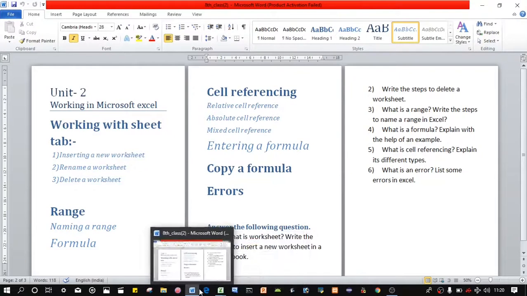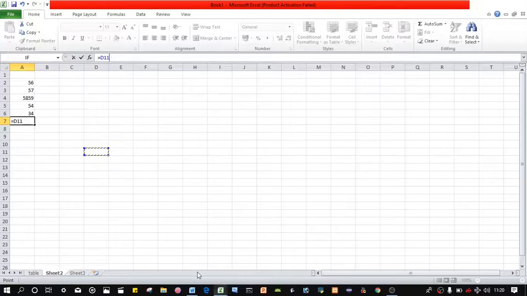So in Excel, let's see what cell reference is. Firstly, the relative cell reference. Suppose I put an equal to sign.